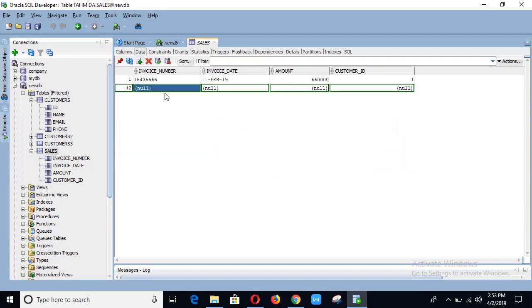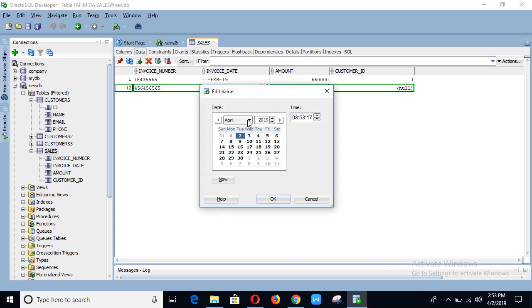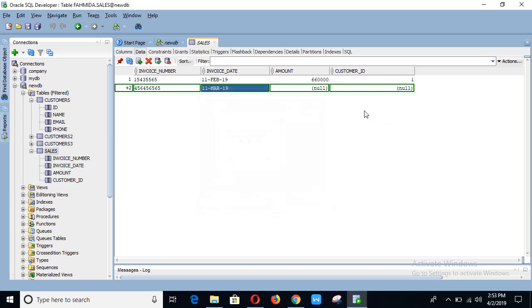And next add another data, and type 5 here, and there is no customer with ID 5 in the customers table, so this entry is invalid for the foreign key constraint. And if I click on commit,